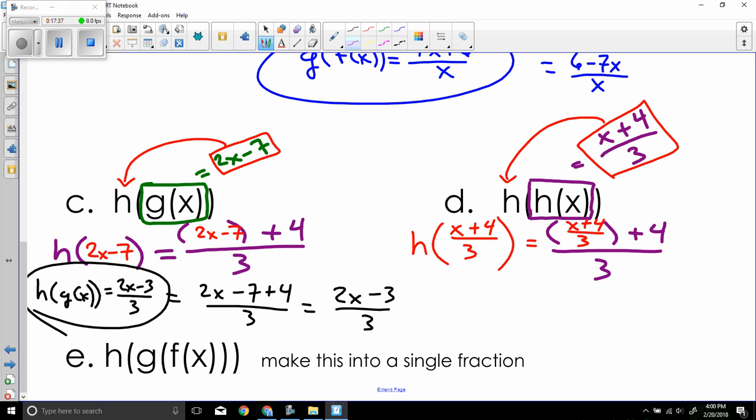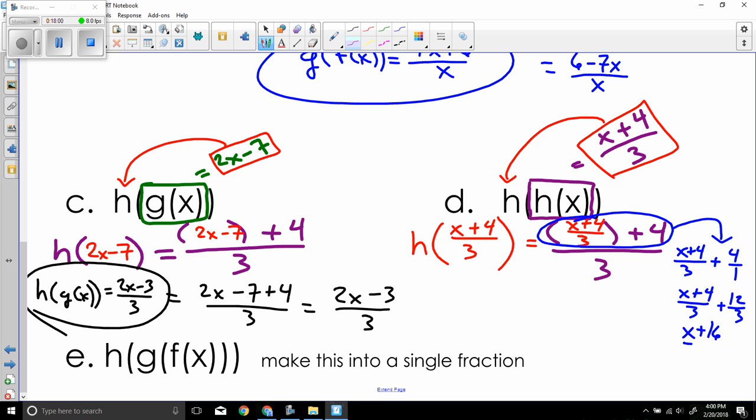If I just focus on the top section, this one right here, and I bring it over here to do some work. So that's x plus 4 over 3 plus 4 over 1. I need common denominators, so that's x plus 4 over 3 plus 12 over 3. Well, then I can add them up. That's x plus 16 all over 3. Remember, that was just the top, so let's put it back up there. x plus 16 all over 3, and then I have my dividing line, and then my